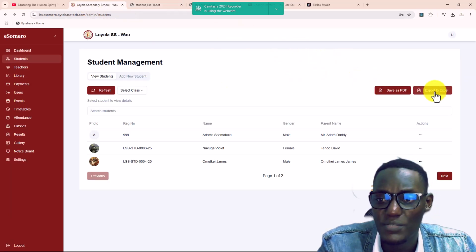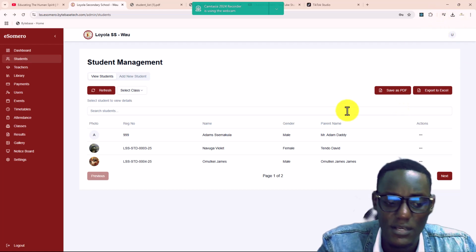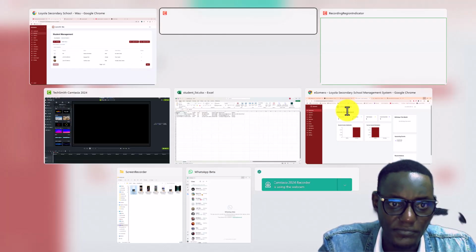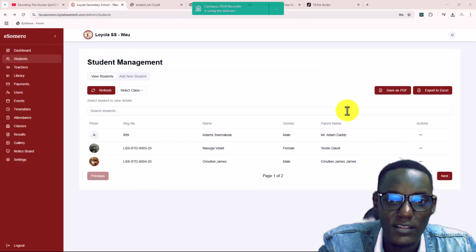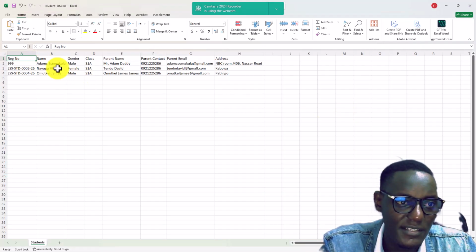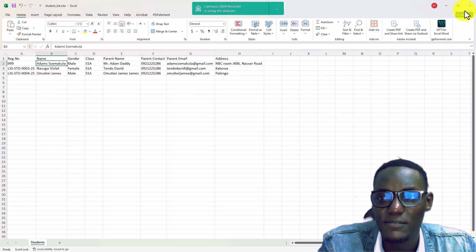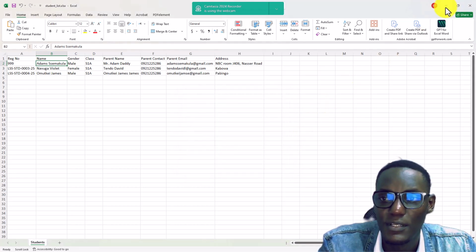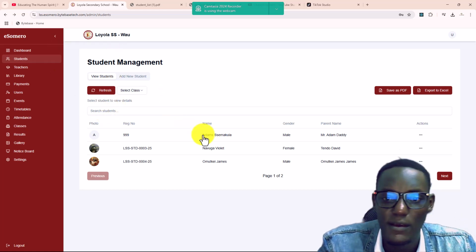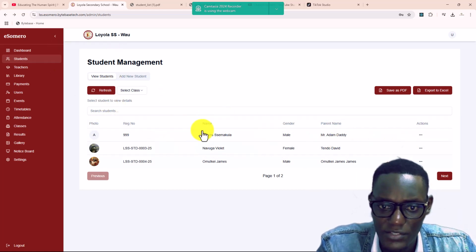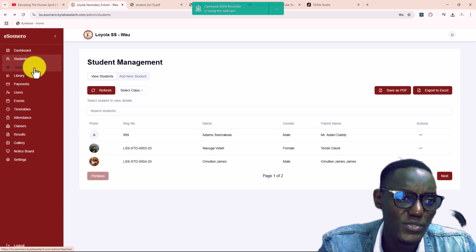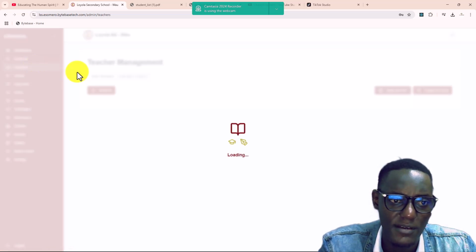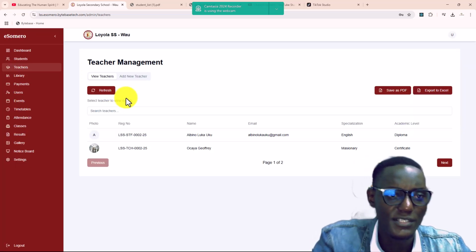You can also export it as Excel, and you can see that it is right here in Excel after saving it. Let me just cancel this. So these are the students. Then we can also look at the teachers from here. So in the teachers